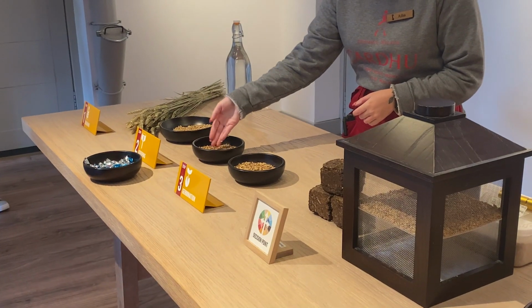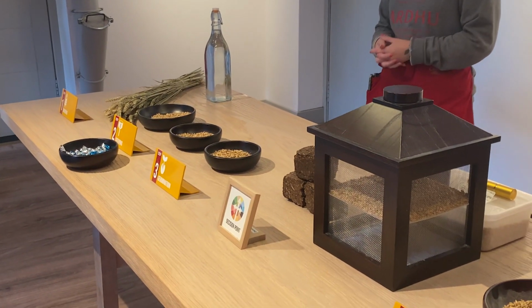So what have I learned about whiskey on this whiskey tour? I have dabbled in whiskey. I do like whiskey, so it's not completely random that I'm here, but I'm by no means an expert. I've only done one previous distillery tour, and that was in Dublin at the Jameson Distillery. So here in Scotland, what I've learned is that there's 3 ingredients that make whiskey, and that is barley, yeast,